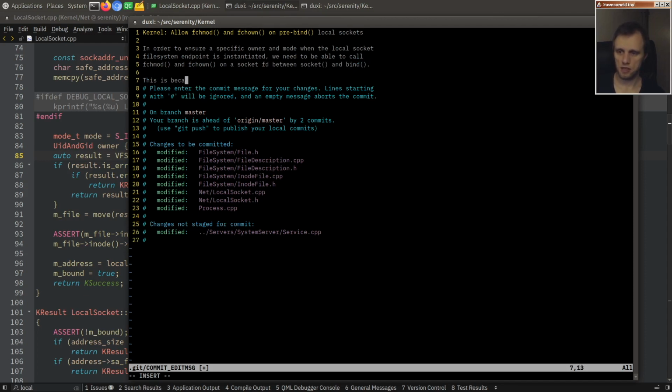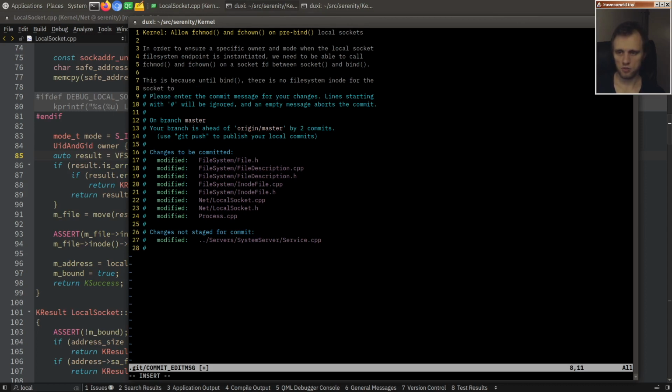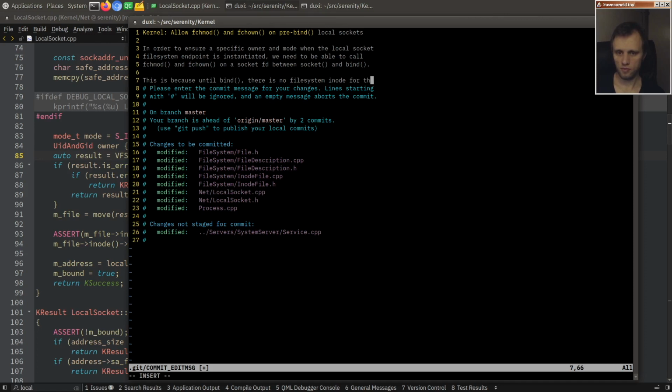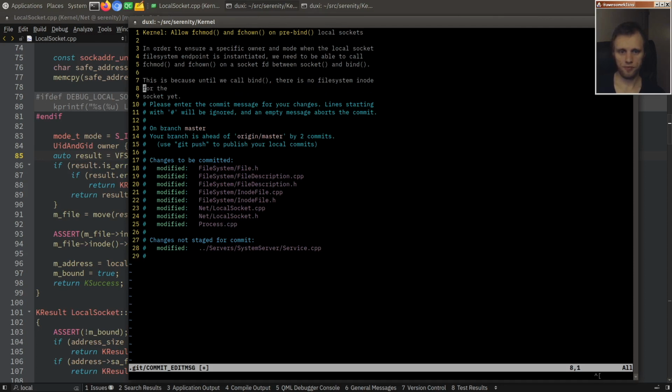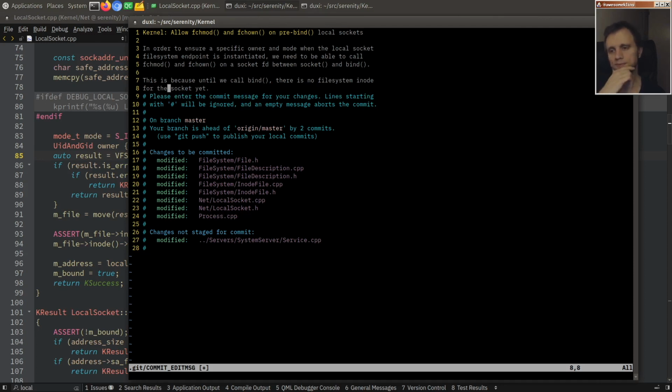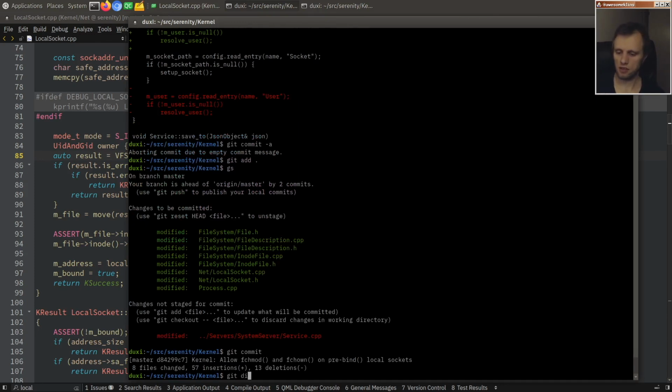This is because until bind, there is no file system inode for the socket that we can do this to. Until we call it. Okay. And then